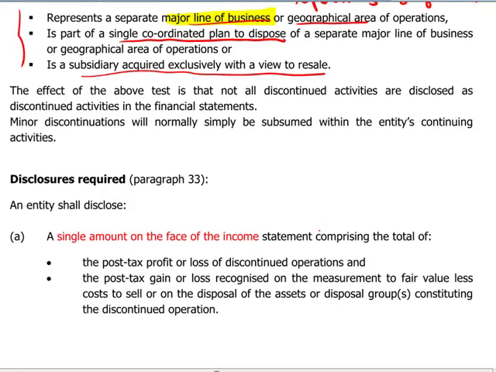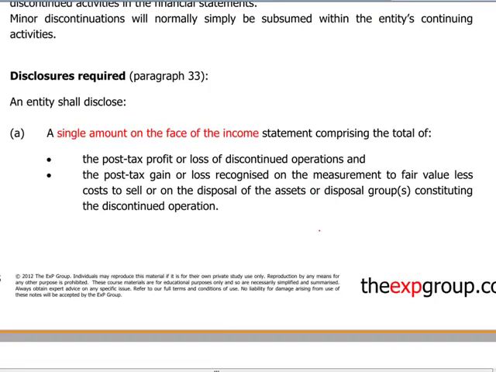Disclosure requirement for discontinued operation. Those are basically two. You have to show a single amount on the face of the income statement, which comprises the total post-tax effect of profit or loss from the discontinued operation, meaning how much was the profit or the loss that was incurred by that operation this year, and the post-tax gains or loss recognized from the measurement to fair value less cost to sell, or on the disposal of the assets of the disposal group, which actually form part of the discontinued